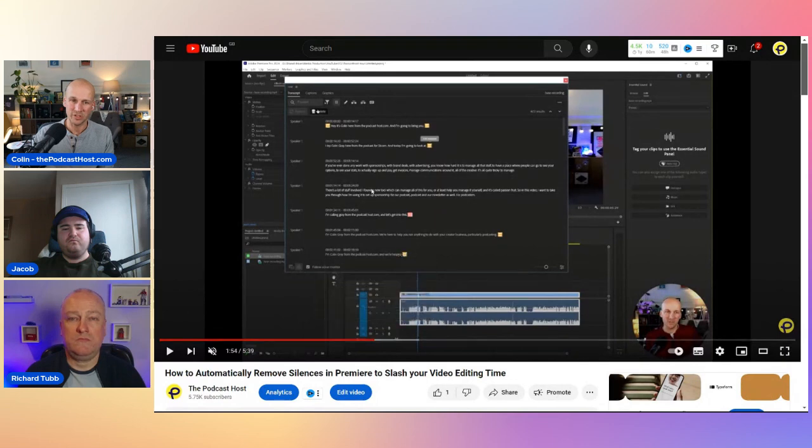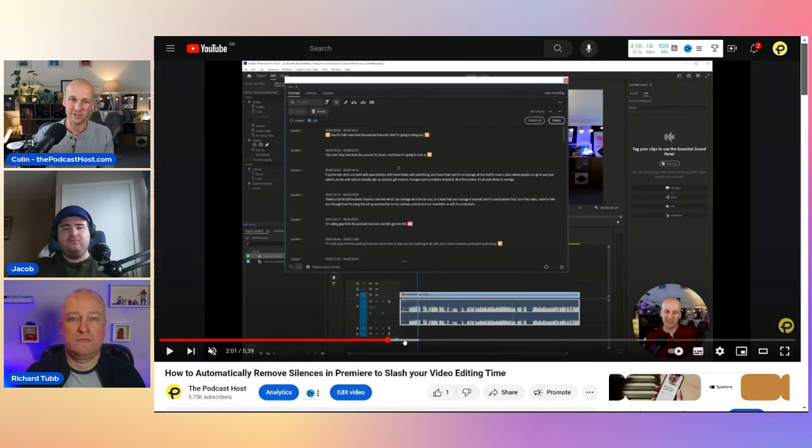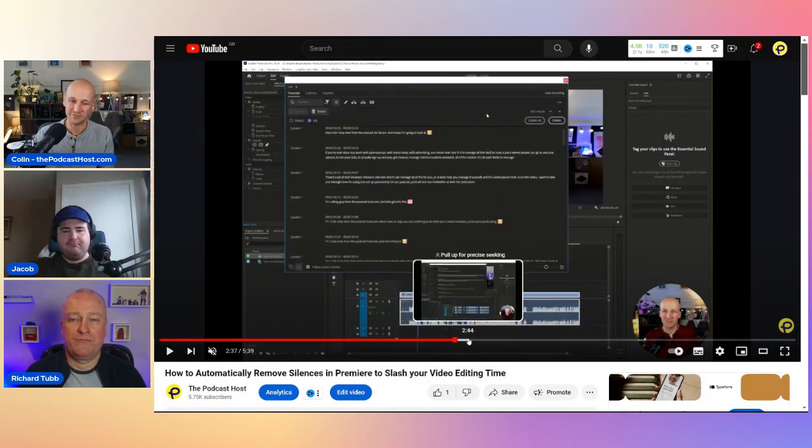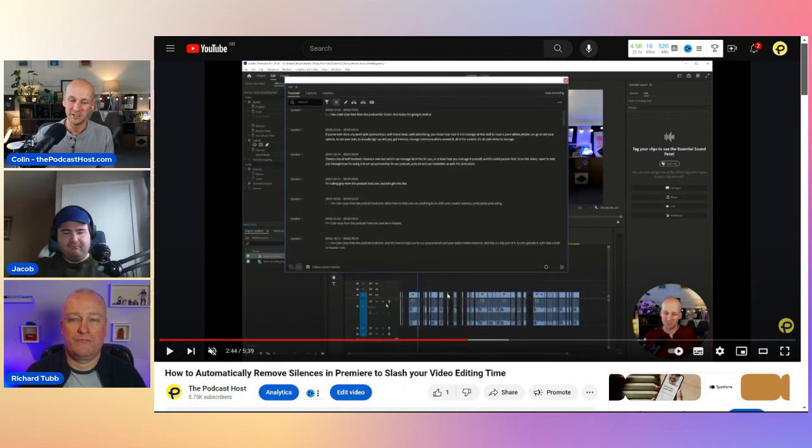And then you've got two choices. You can either lift or extract them. Extract, if you click that, actually cuts them out. And you can see down the bottom there, it's cut out all the filler words and squashed it right down, taking them all out. Similar with lift, but it leaves all the spaces in there. So you can see where the cuts are, and do whatever you like with it from there. Put in your inserts, your segments, whatever it is. So I just find that so useful.